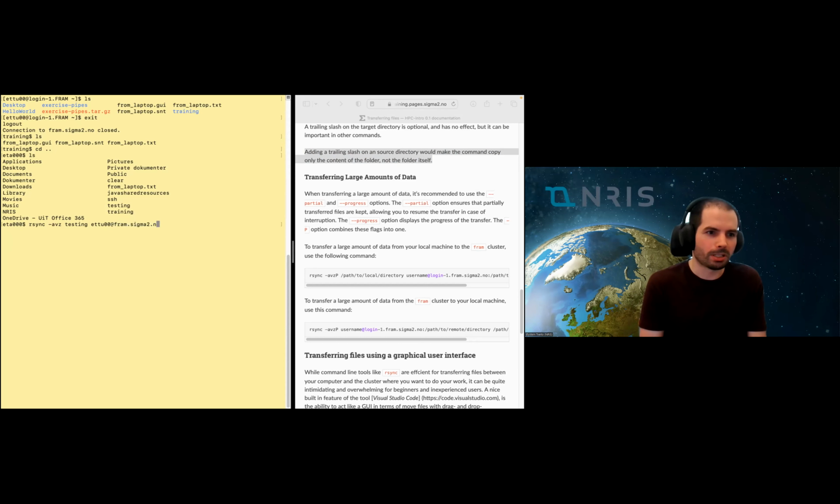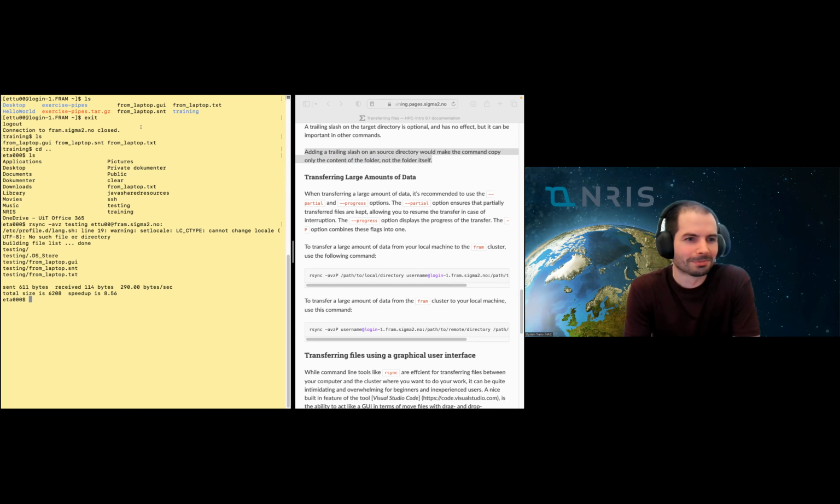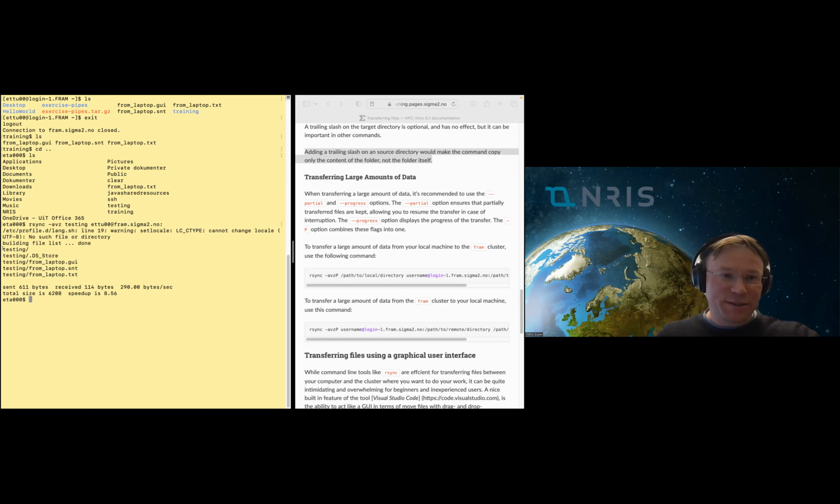But once you see you have 2,000 files in your home folder, you might think back while trying to figure out what happened and remember what I just said about this. So that might shorten the amount of time spent trying to figure out why this is happening. Yes, now we see here that the whole folder has been moved and the contents of it. So if we log in again,